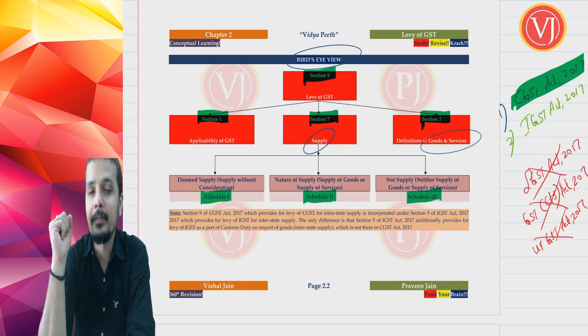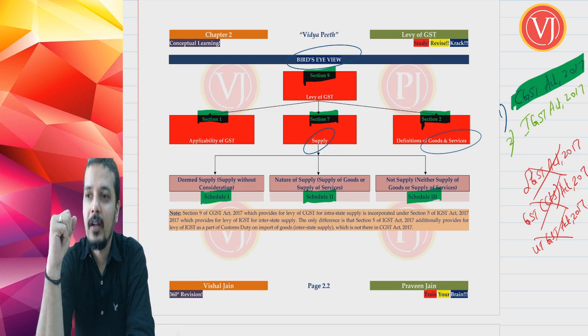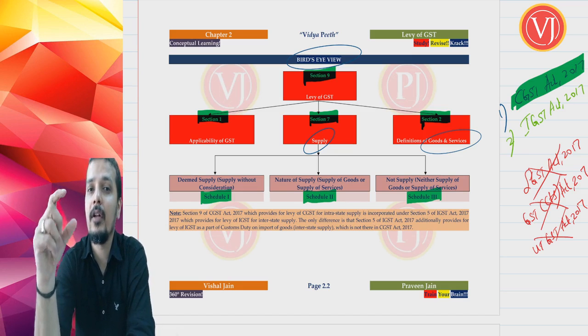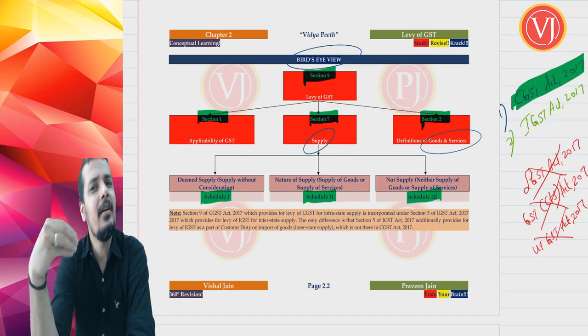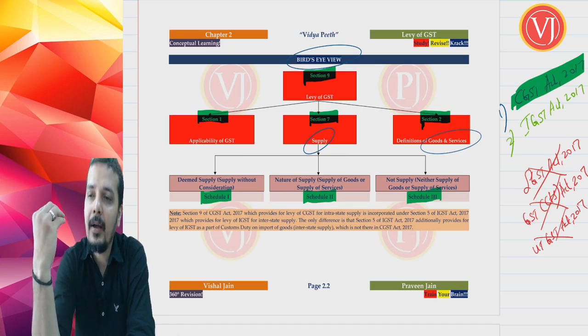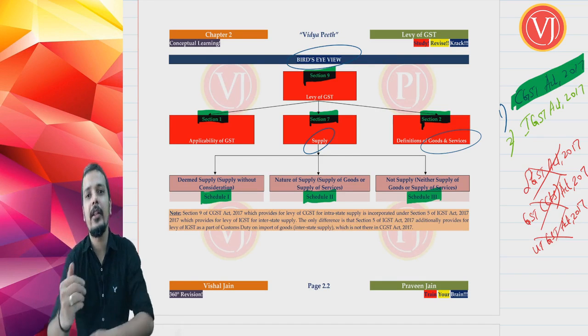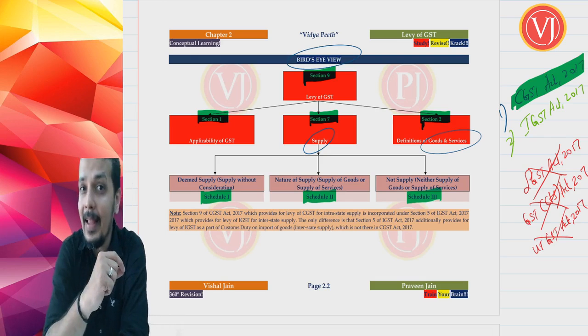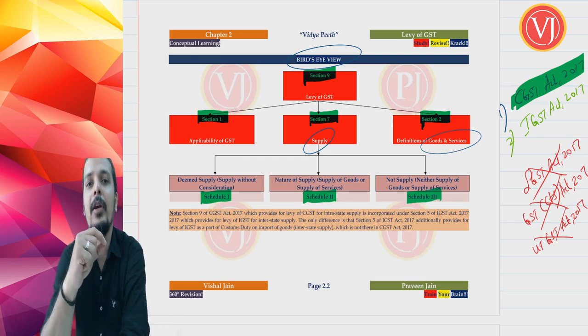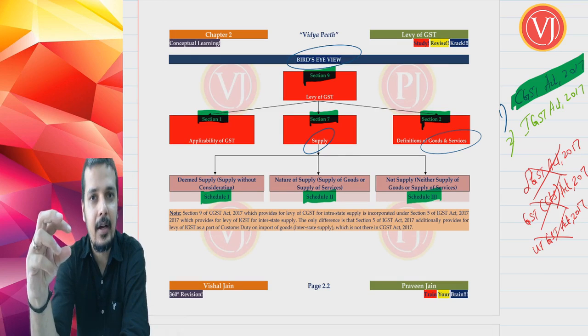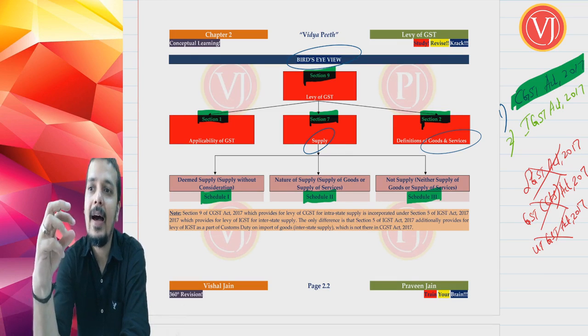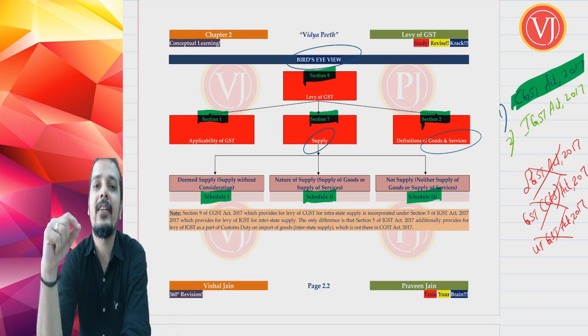Now I'll tell you the problem. When you refer to your ICA module, the beginning of all the chapters of the ICA module talks about definitions, and it repeats many definitions. Thereby, you end up seeing the definitions a lot, and you read the definition without knowing for what purpose you are reading it. So what we'll be doing is, whenever we come across a term where it is very important to understand that definition, we'll take it once and for all and understand it thoroughly.